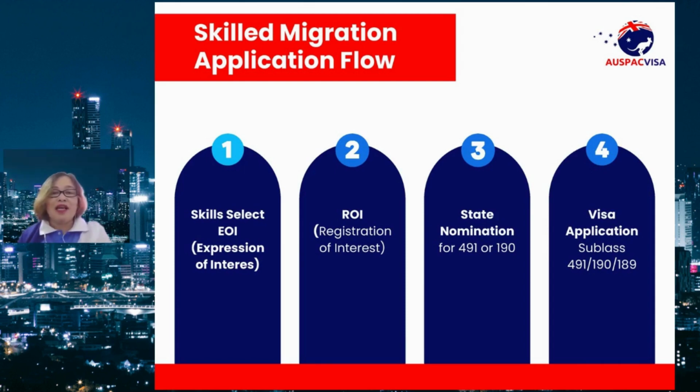This is just not like the 407, the 408, the COVID visa, or 485, or student visa. You can go straight to the IMI account because it's there. You can make some tryouts or whatever. This is not, because it's not open until you have the invitation, and it should come from the SkillSelect.